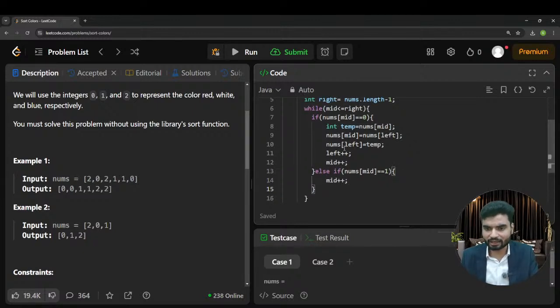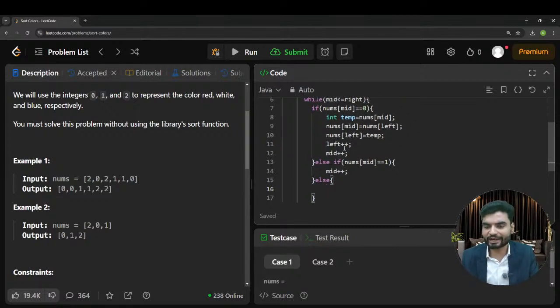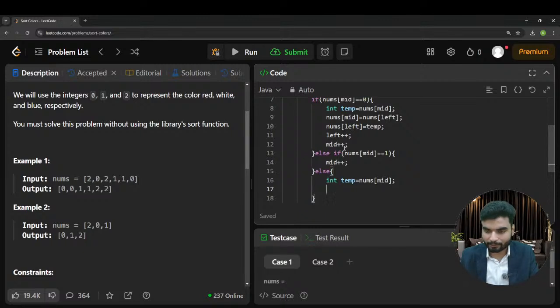Again, if this is not the case, which means mid is equal to 2, nums mid is equal to 2. In that case, again, you have to perform a swap between mid and right. For 2, you have to perform a swap between mid and right. So int temp, I'll take a temporary variable, I'll copy the value of nums mid, and again we'll update mid first. So nums mid,